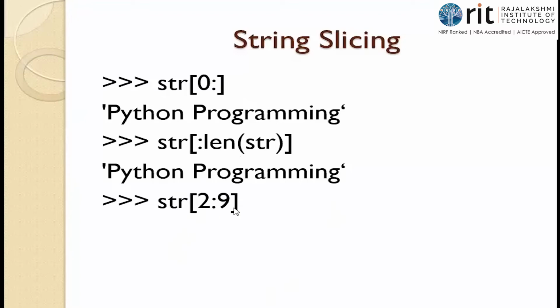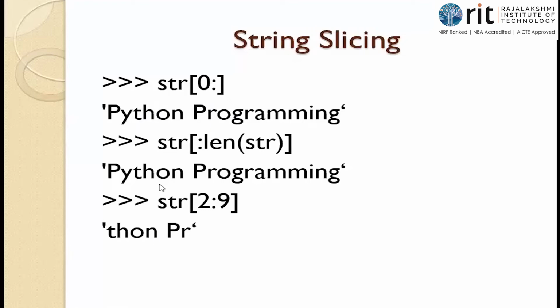str[2:9]. Okay, what is at 2? I should start from 2 and stop at 8. Remember this: I should start at index location 2 and stop at index position 8. 9 should not be included; go from 2 to 8. They mean the index; we have to bring the values there. So where is P? At 0. Where is y? At index location 1. So what is at index location 2? t. From t you should go till index 8. So 2, 3, 4, 5, white space, 6, 7, 8, which is r. Since 9 is not included, you include only up to 8. So it should go from t to r. That is my answer.